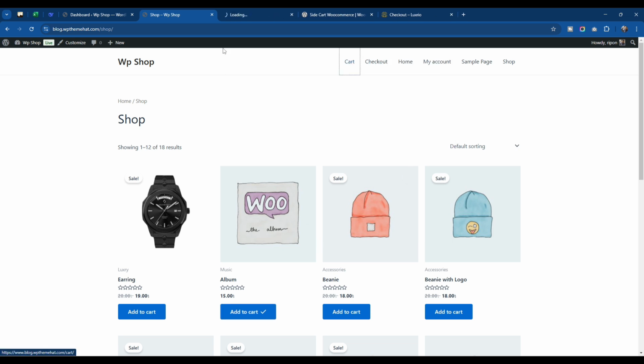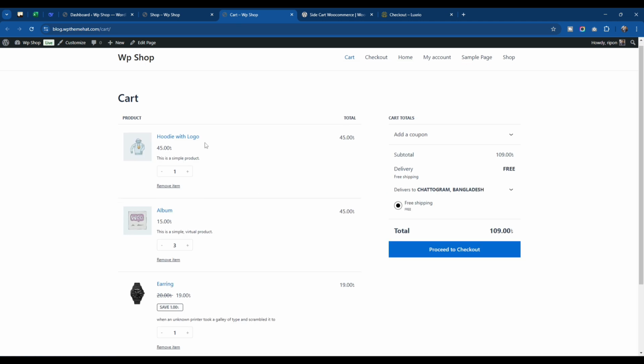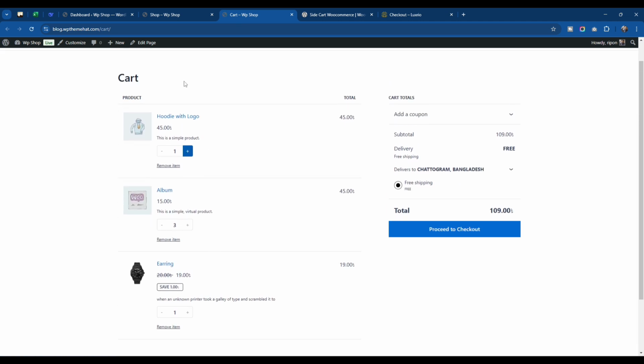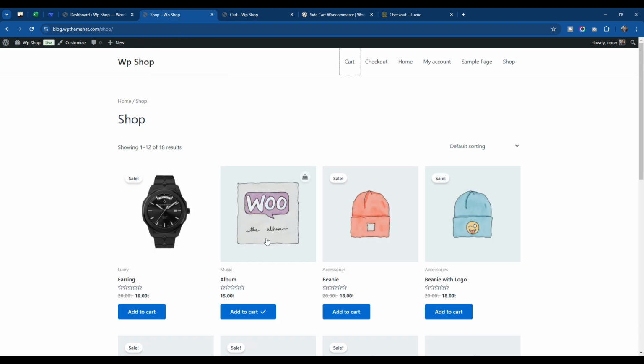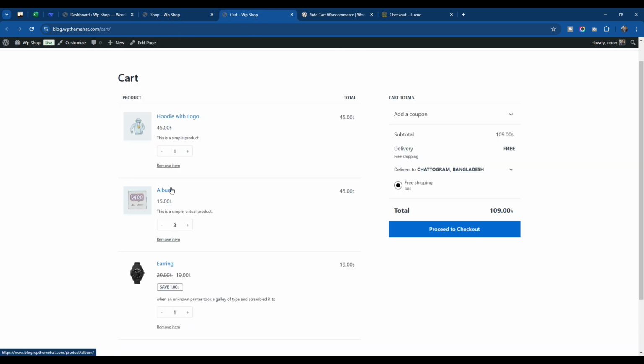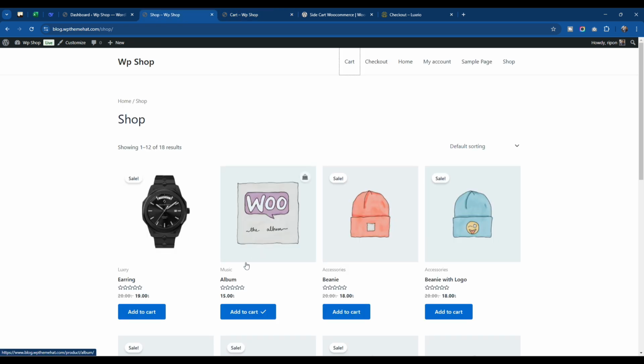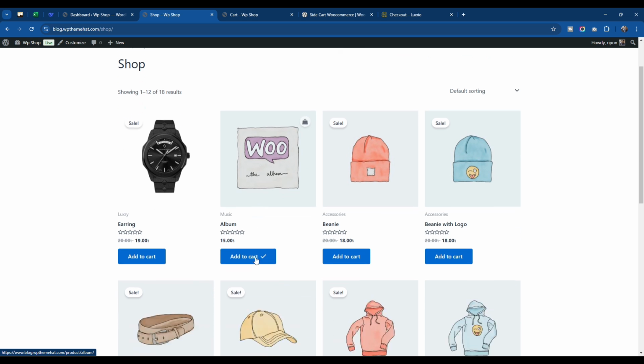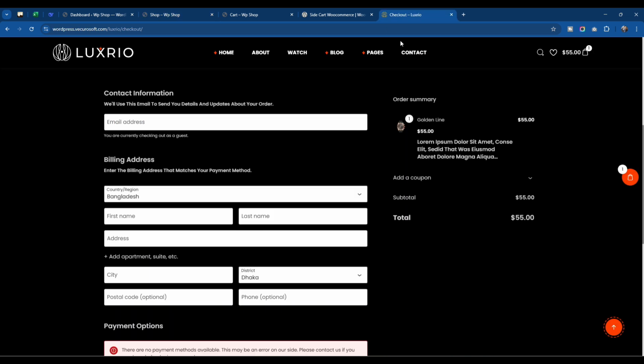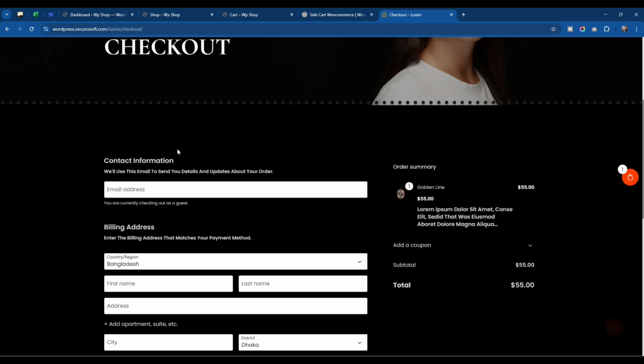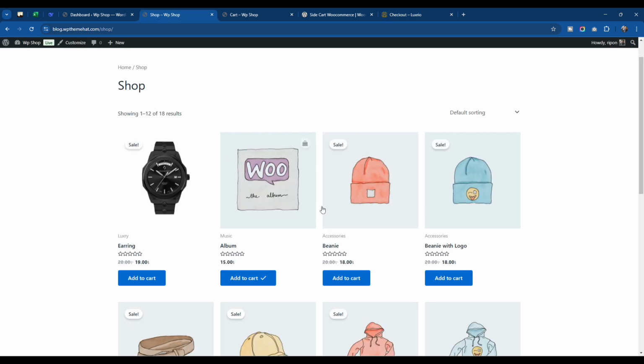So if I go to the cart page, you can see that several products have been added to the cart by clicking on that add to cart button. The album has been added 3 times, as you can see here. I clicked it before to test. I want the same functionality that I have shown in that website